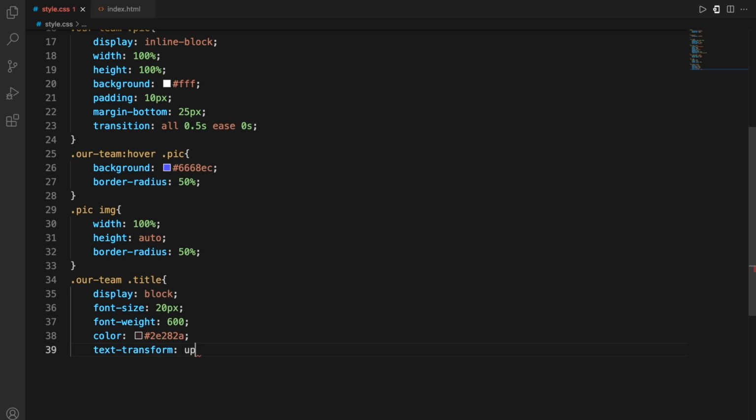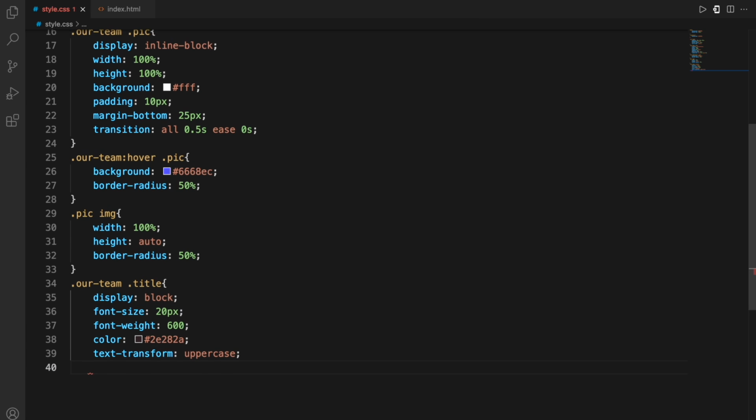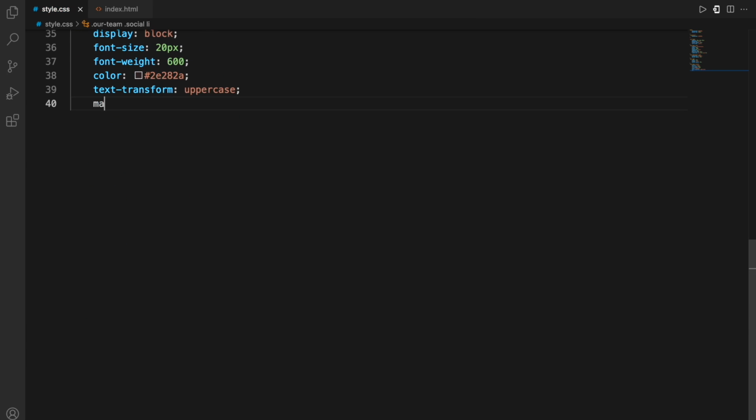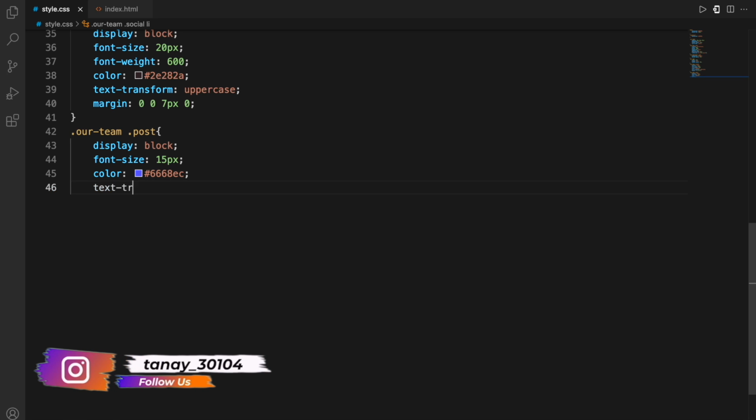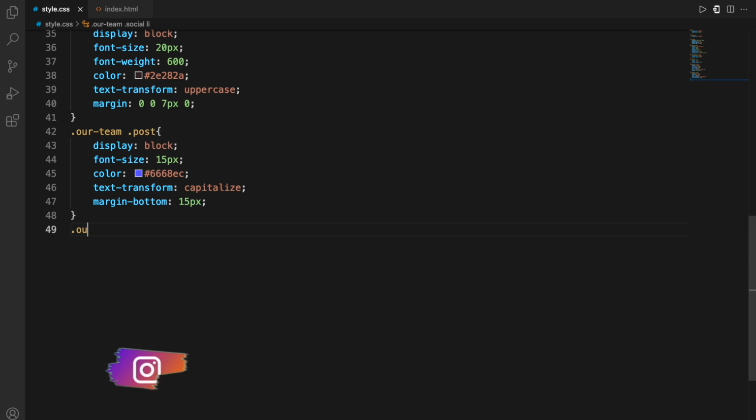You could also make changes, as I always say, just make a little bit of changes to experiment around and see how these things actually play out in the output. You could just experiment a bit, but if not, you could just use the same code and check it out first. Now similarly, I have written the style for our team, the post, then our team, and social list